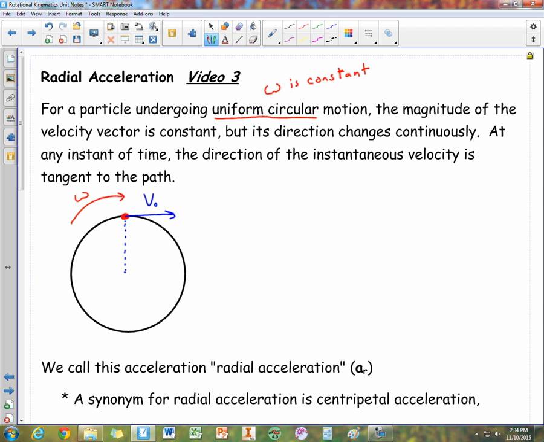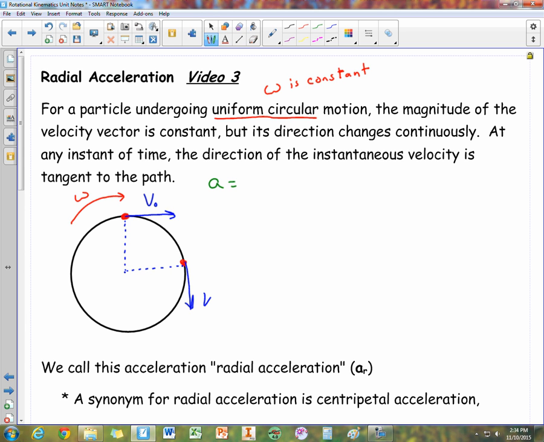So as this turns, if we have a constant angular velocity, then the magnitude of v naught and v will be the same. So what that means is that their strength or their size will stay the same. So I try to draw those vectors at the same length. But we do need to remember that